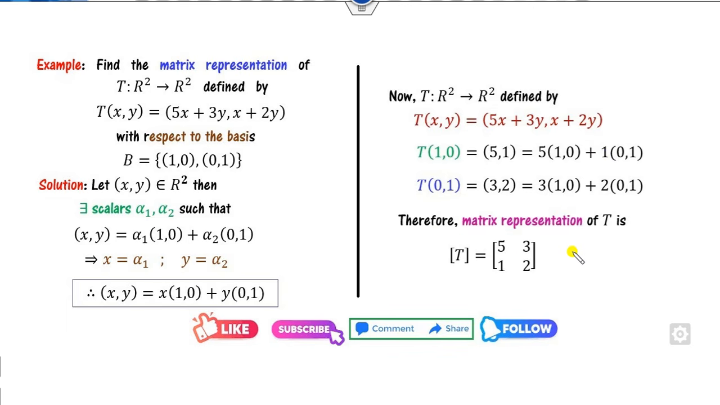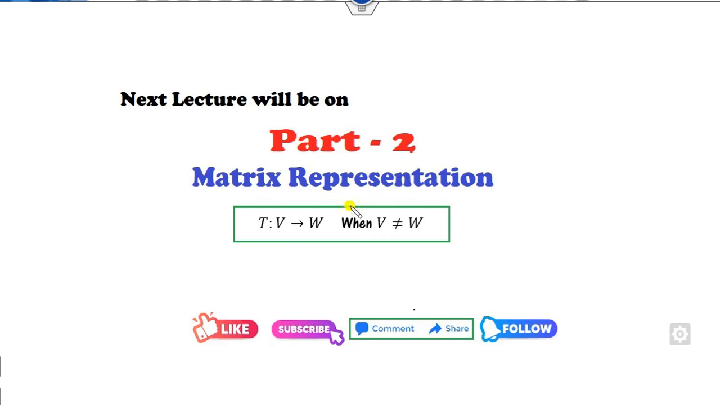So this is the way you can solve this type 1 related problems. We will see the next part, that is when vector spaces are not the same, how you can write the matrix, with the help of various